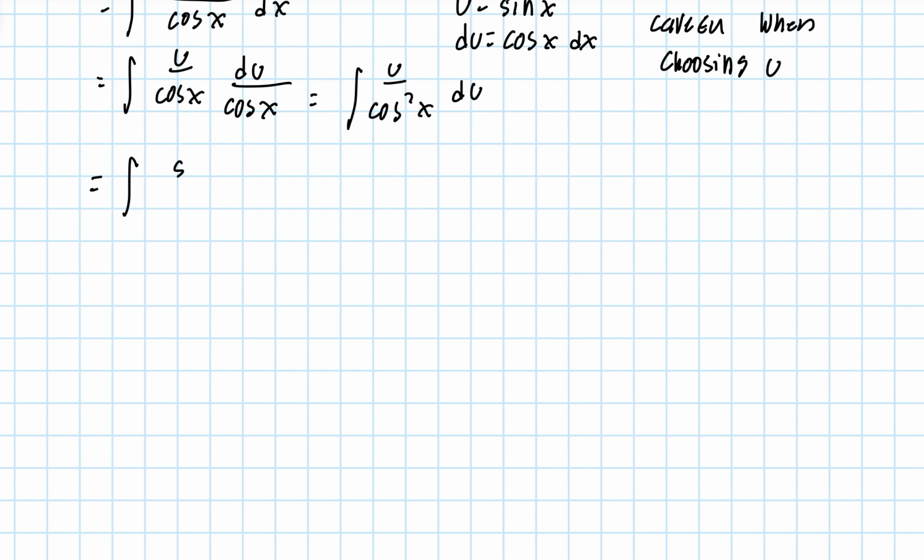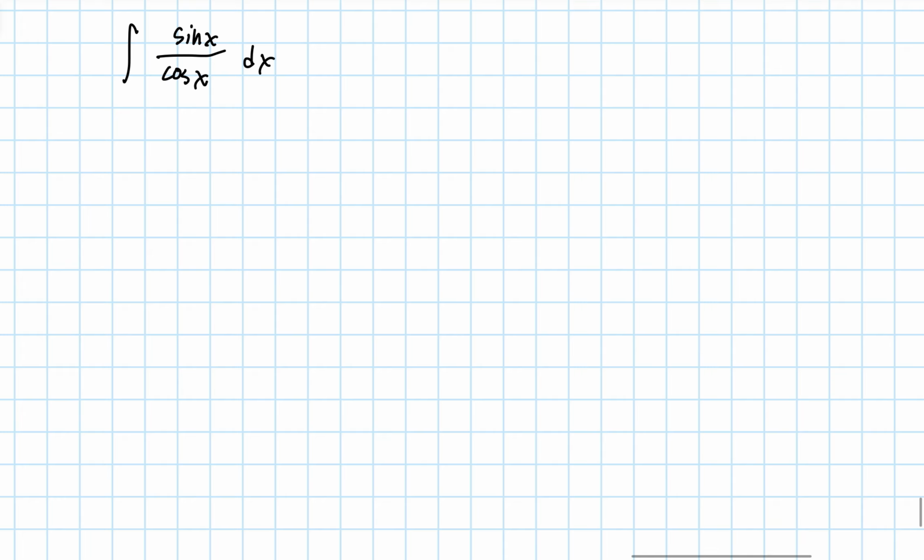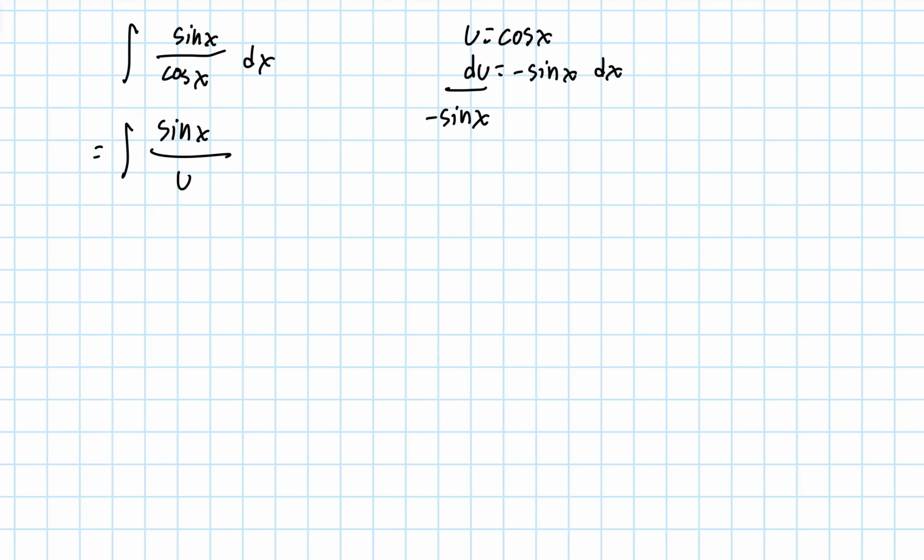Now, can you brute force it and find what u is? Yes, but I think it's just better to think about it and then see what you need to do. That's logical. So in this case, u is going to be cosine x. And then our du, remember, is going to be negative sine x dx. From here, we divide by negative sine x to isolate dx. And then we get sine x over cosine x, which is now u, times negative du over sine x. Now, this cancels out,